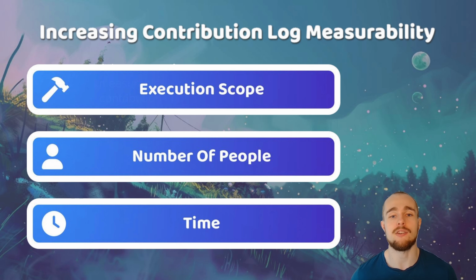The final area is concerned with the number of people that are involved in a given contribution log. If the contribution outcomes are from multiple people and their efforts are then being combined into the same contribution log, it would become more difficult to understand who did what and how performant and impactful each of their contributions were. Keeping contribution outcomes recorded separately as individual contributions can help with making it easier to measure and compare the differences between one person's contribution outputs with other contributors.